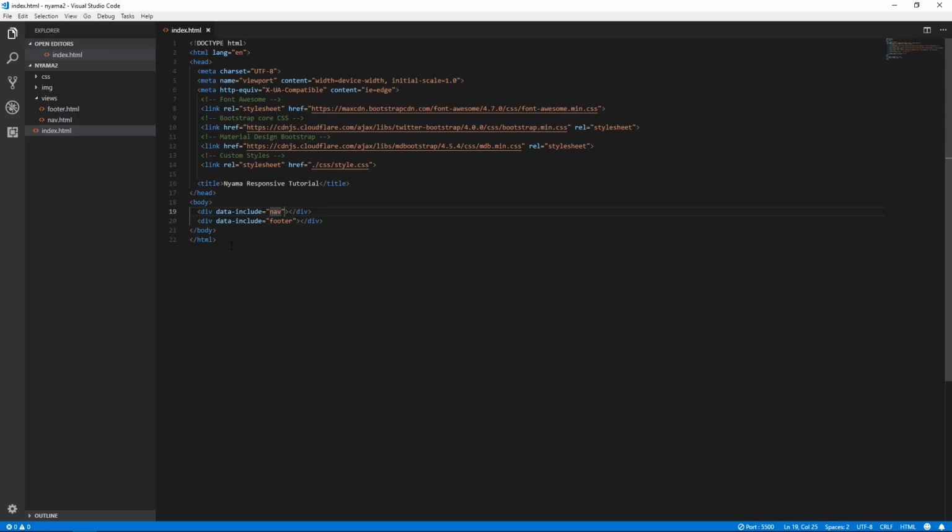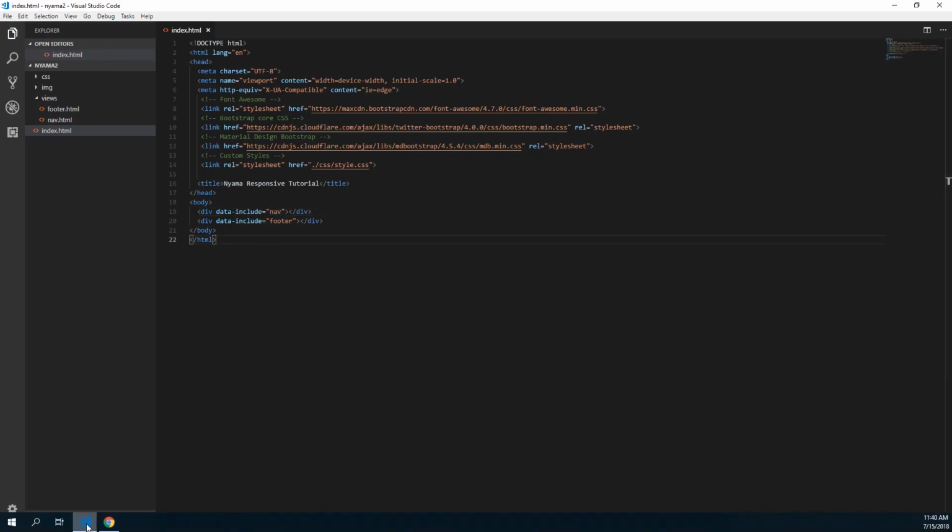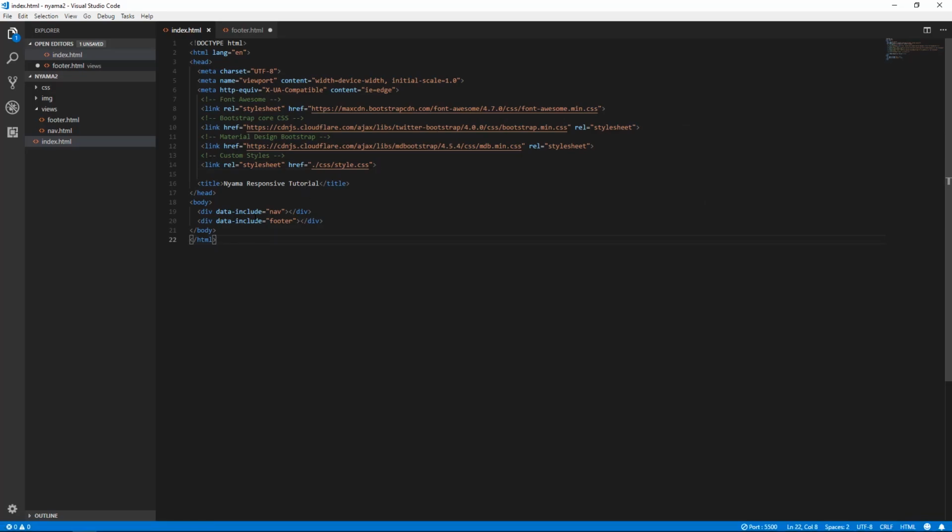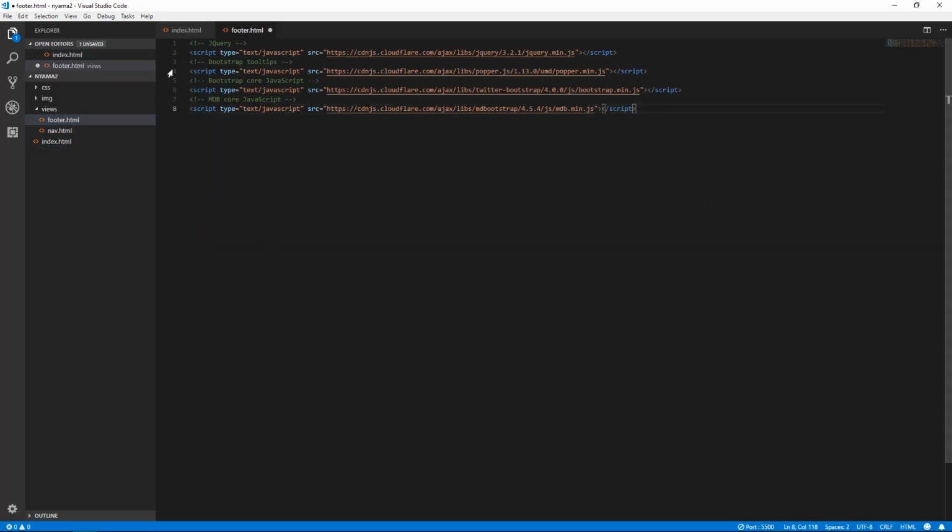So your name always has to match, and hopefully this adds the navbar to the document. If we refresh this, we see nothing is happening, and I have a feeling it's because of jQuery and that include file. So just to test that out, I'm actually just going to move jQuery alone